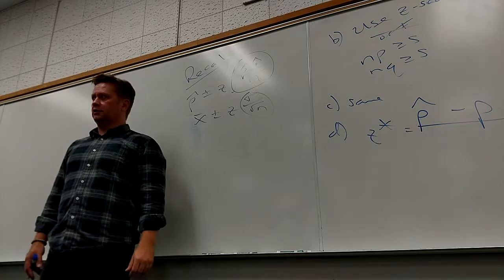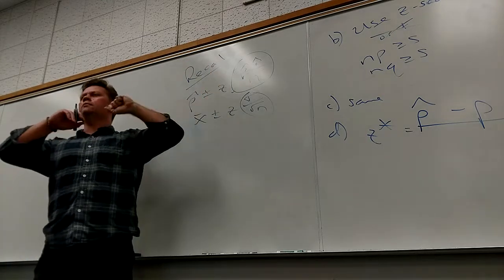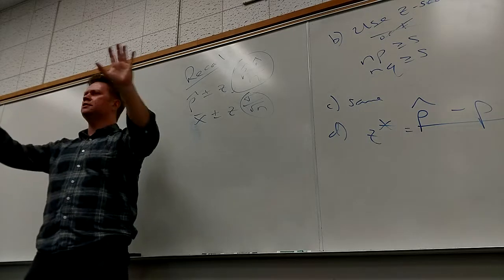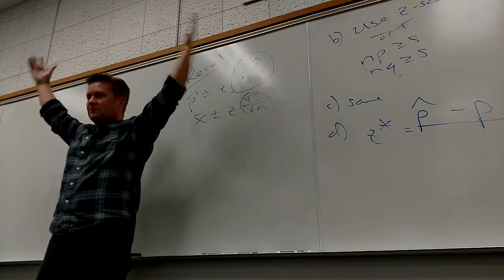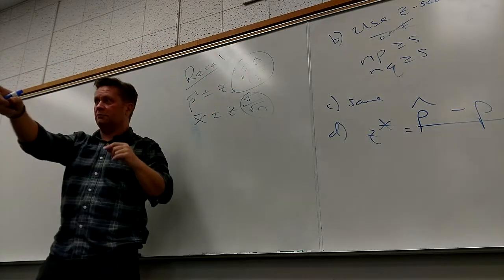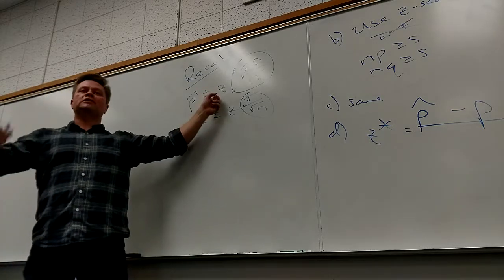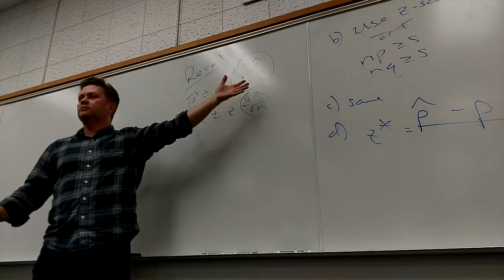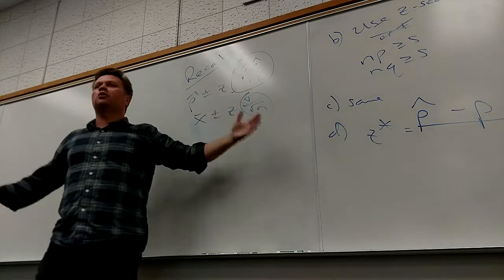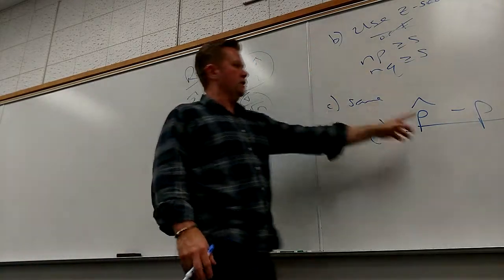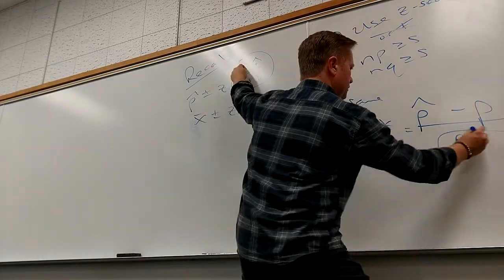Now here's the other trick to this. In this problem, do I know what P is? And what does P represent? Percentage of successes of the population. What represents the sample percentage? P hat. So when I'm making confidence intervals, do I know what P is? No, that's the whole point. I'm trying to estimate what P is with my P hats and my Q hats. So when do I have to use P hat and Q hat? When I don't know what P is. In this problem, I know what P is. So I'm going to use this, but I don't have to use the hatted ones,